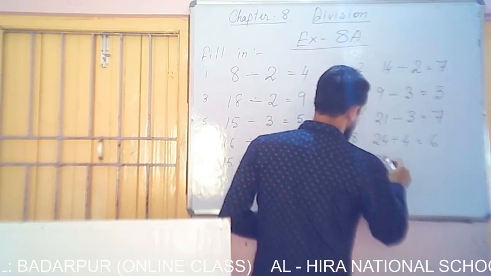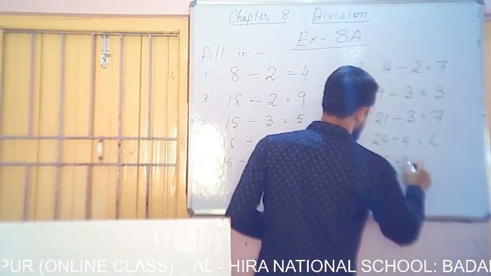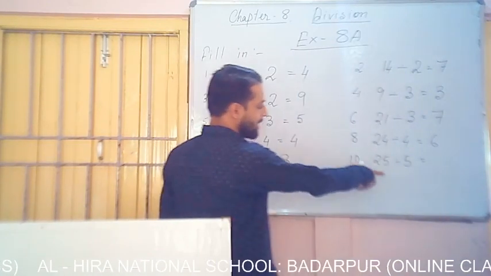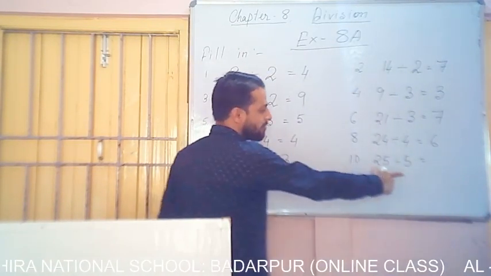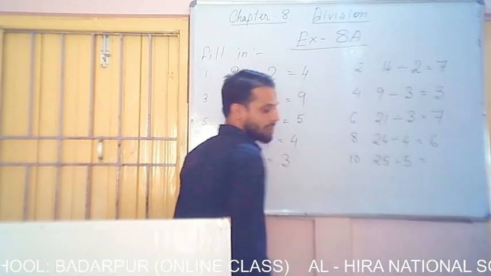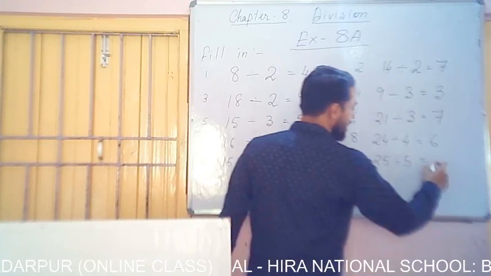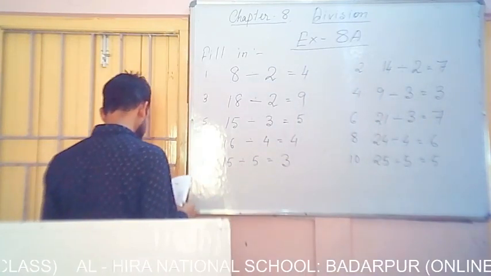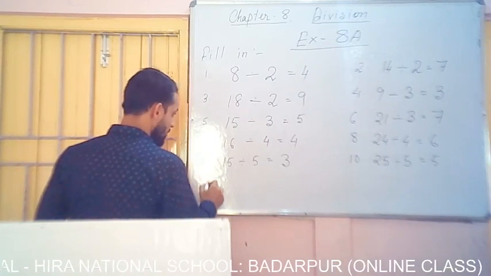Question number 10 is 25 divided by 5. Like earlier, 25 is the dividend and 5 is the divisor. That means we are going to divide 25 by 5. So 5 5s are 25. So the next question you see, question number